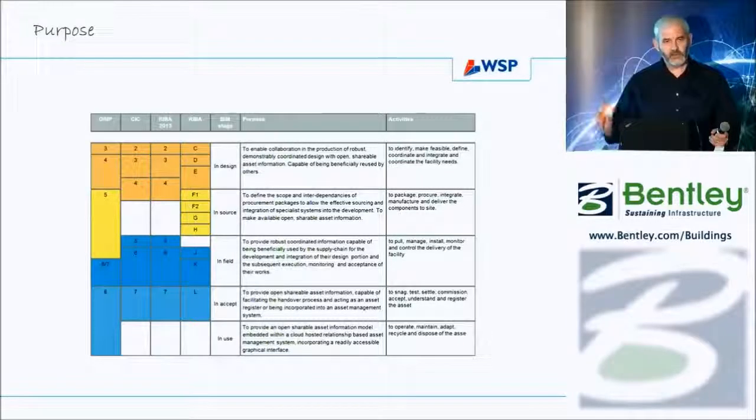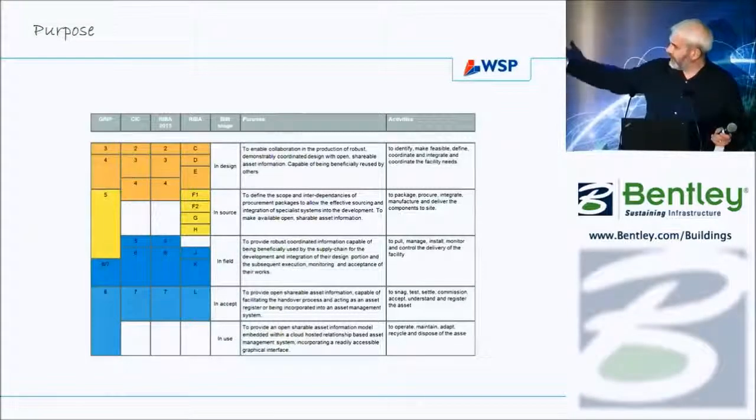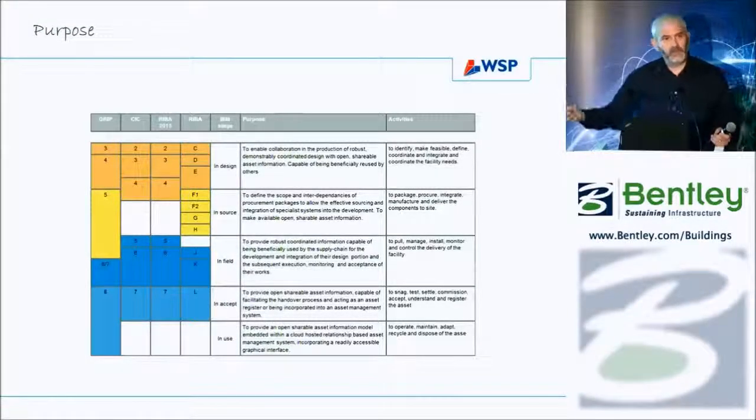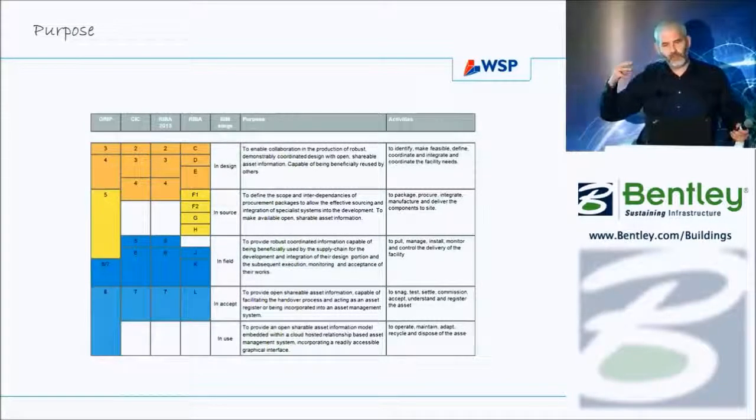So we actually spend a lot of time being brutal to ourselves about writing down the purpose in plain language, defining what the activities would be in that stage, and creating some goals for ourselves. And that's how you know that you're being successful in delivering to the client. And if you're not looking for value in the field, then there is no purpose in it, then you shouldn't be doing activities. Because we're also finding that the word BIM, we get